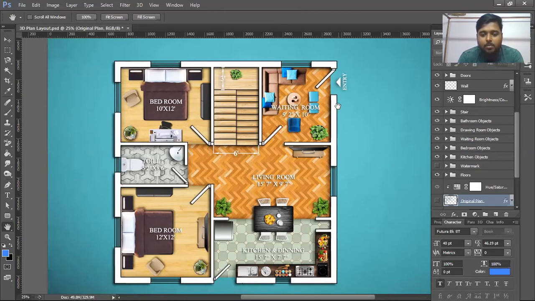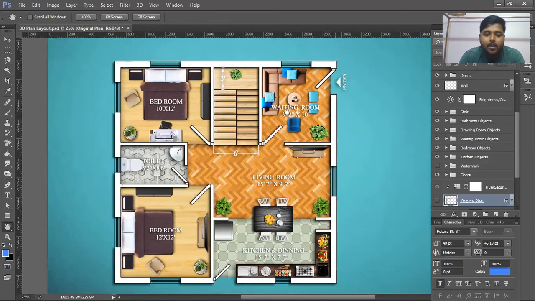I'm sharing this with you because if you are getting a job of doing the 2D plan only, this is the ultimate end where you can impress your client. Or else you can also go with the conventional way and show colorful objects. With that also you can impress, but this brings more life to the drawing or image, and this is very customizable as well.